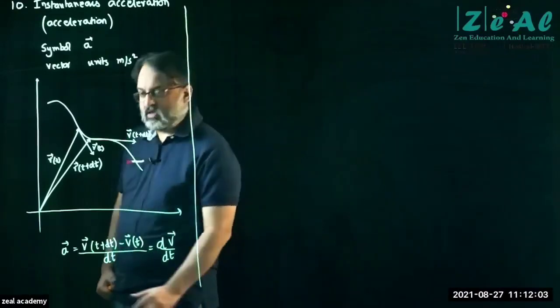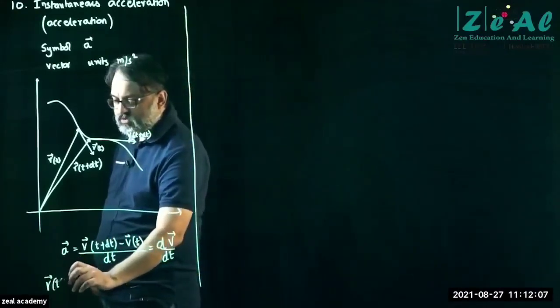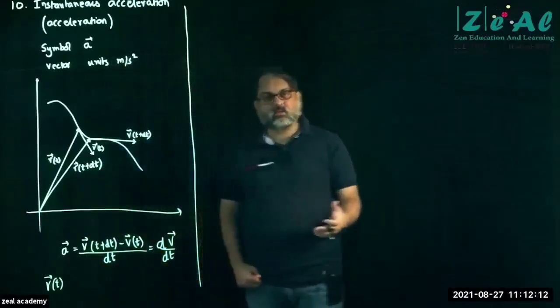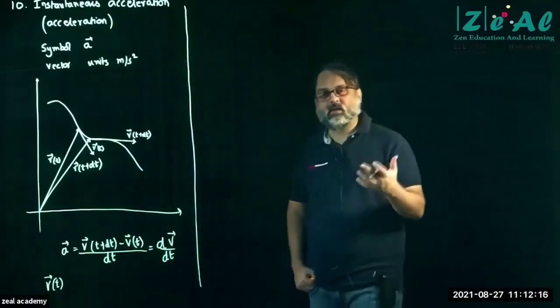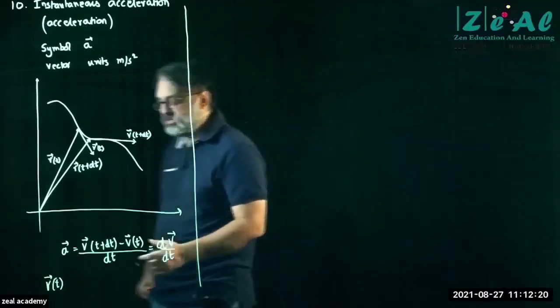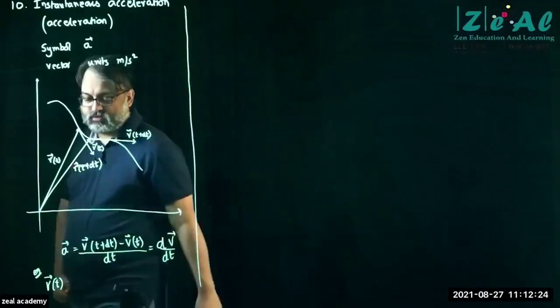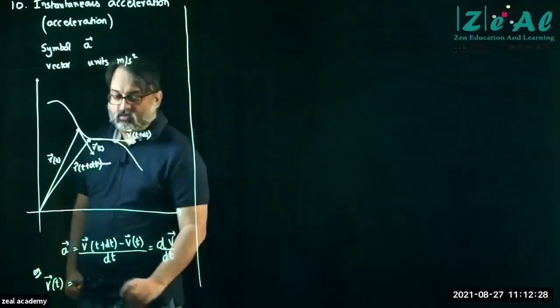So what is the meaning of velocity as a function of time? Remember, I told you that it is a vector and a function. So what you have learned in a vector and what you have learned in a function are both present here, right? So an example of a velocity vector as a function of time would be, if I want to scare you,